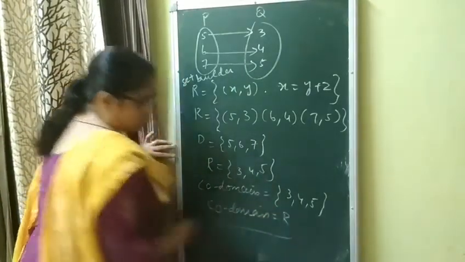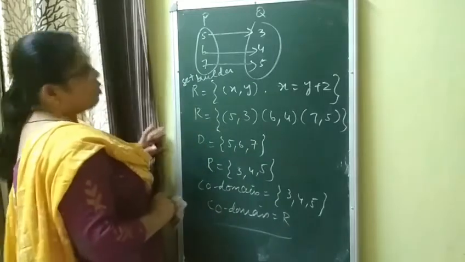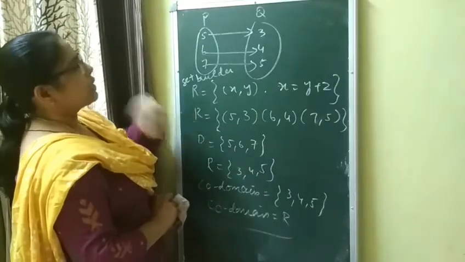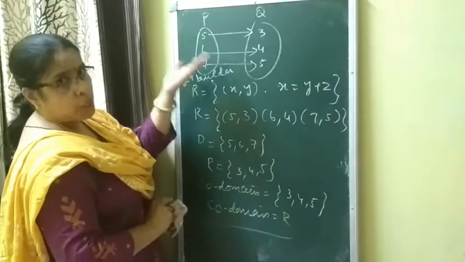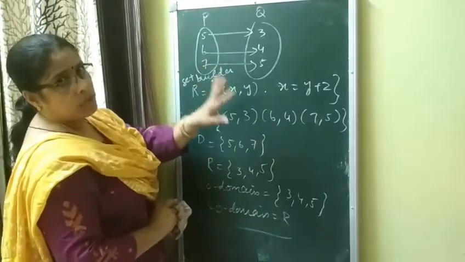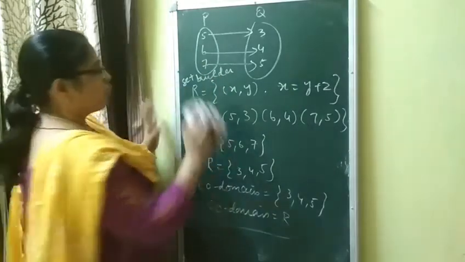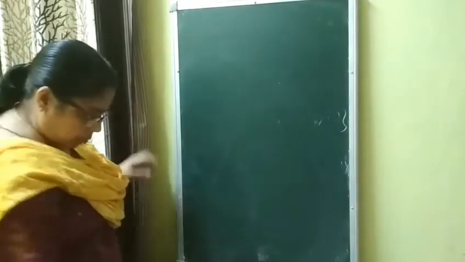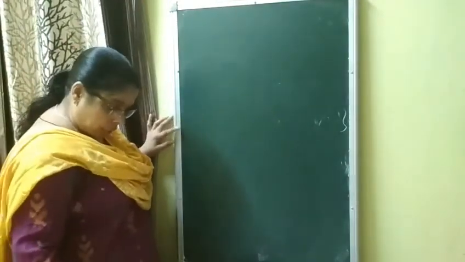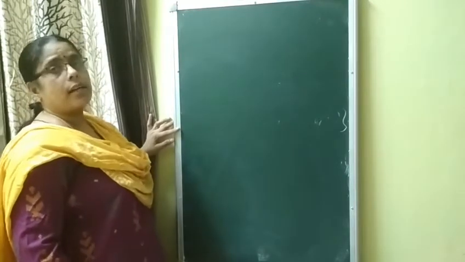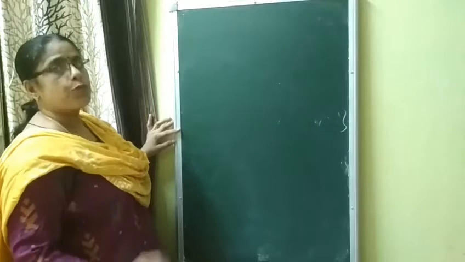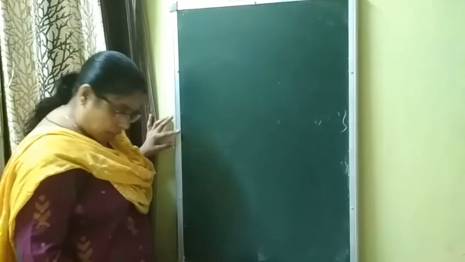In this way you can denote any relation in arrow diagram form, or if your relation is given in arrow diagram form, you can convert it into roster form as well as set builder form. Now one more question I want to do in today's class, that is a question from R.D. Sharma. It is also given in NCERT miscellaneous exercise. This type of question is very useful in class 12's first chapter, relations and functions. I am reading the question.